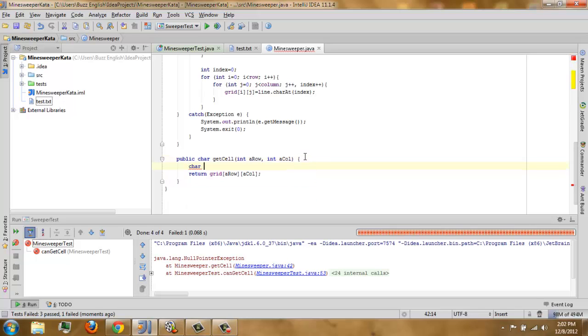Instead of having a null pointer exception, we will make our own handler for it. Let's make something extra. We have special cases where the null pointer exception will occur: if row is less than 0 or col is less than 0, or row is greater than row minus 1, or col is greater than column minus 1, then we'll return our extra.